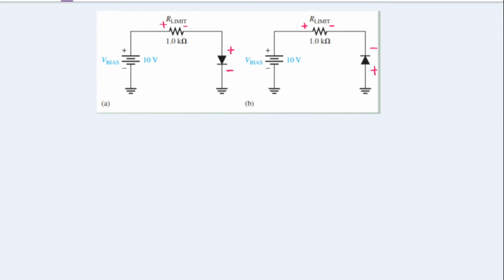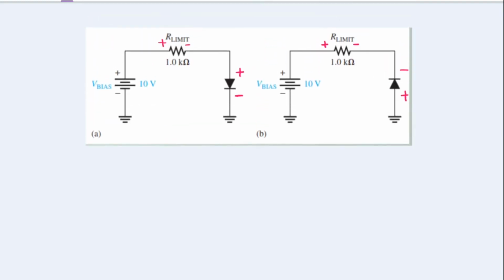If we consider the diode in our circuit as a silicon diode, there is 0.7 volt in the diode. When we subtract 0.7 volt from the value of 10 volt, which is the circuit source, we find the voltage falling on the resistor in the circuit. When we divide this voltage by the total resistance of the circuit, 1 kilo ohm, we find the current of